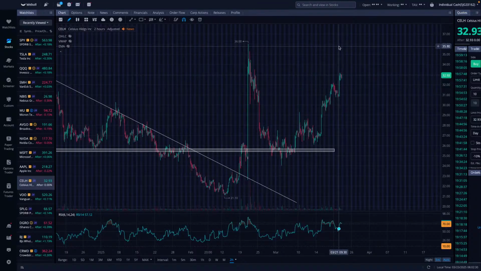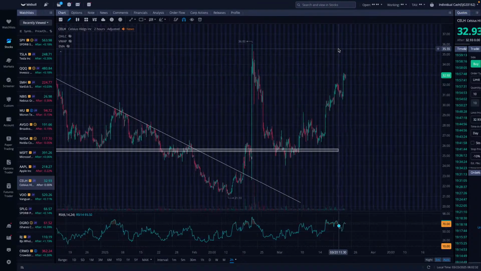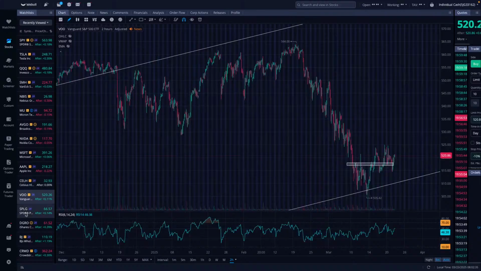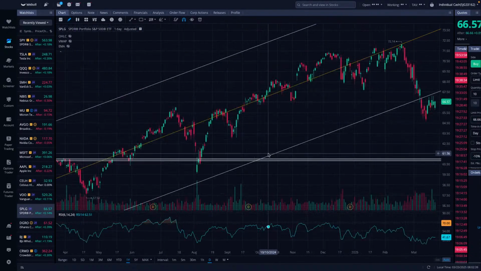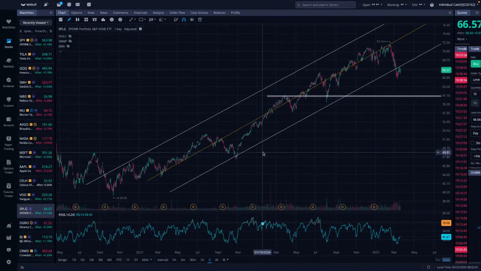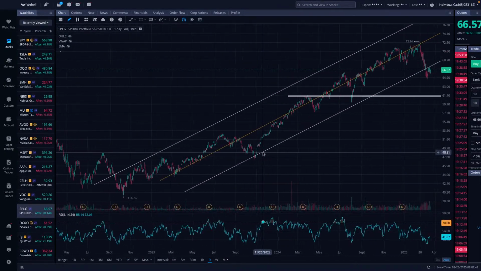So I'll be looking, if you're going to short this thing, look for 35, 36. Look for the pullback going there. We did that. SPLG, I'll do this just for Jay Young because he holds SPLG. He's part of our WAP. This is his ETF, S&P 500. He's a big fan of it.